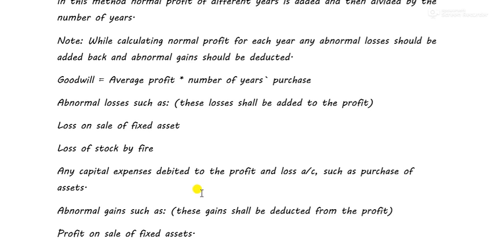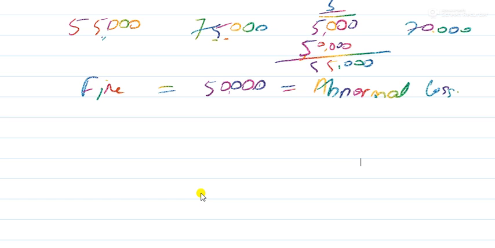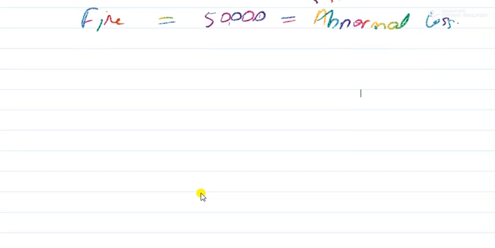For example, a profit on sale of fixed asset. What happened? I had an asset and I sold it at a profit of 50,000. Now that profit is recorded in the P&L account. But if I hadn't sold the asset, my net profit would be less than 50,000. See, my profit for the year is